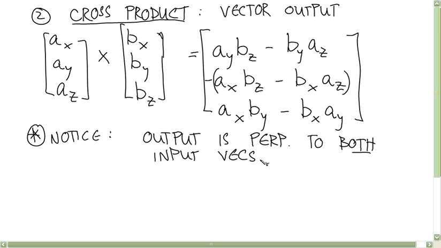And how do you know which direction it is? The right-hand rule. So I'll say according to the right-hand rule. And also notice that